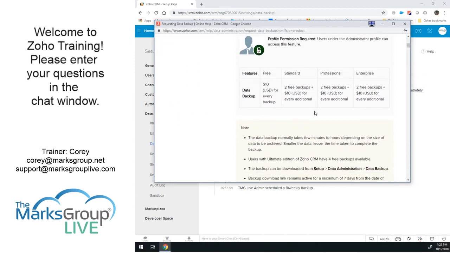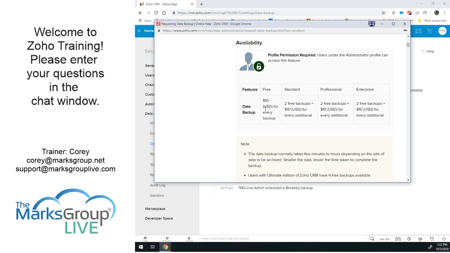There it is. So this is here. For free, Zoho free, you get $10 for every backup. Okay, so it's not really free, right? Standard, we've got 2 free backups,